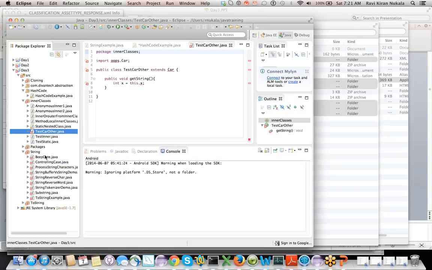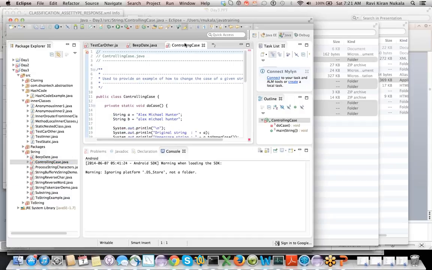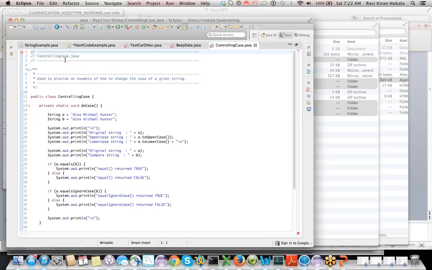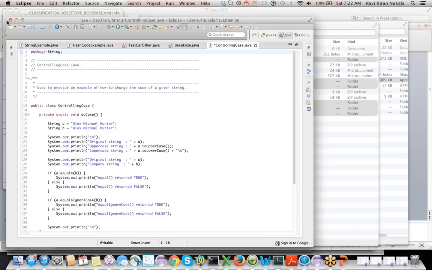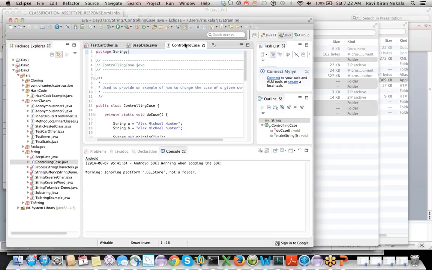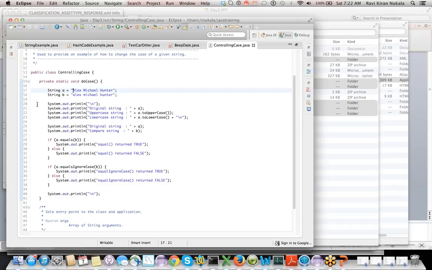Okay, first let's see the string class. So what are we doing here? Controlling the class, okay, equals method.